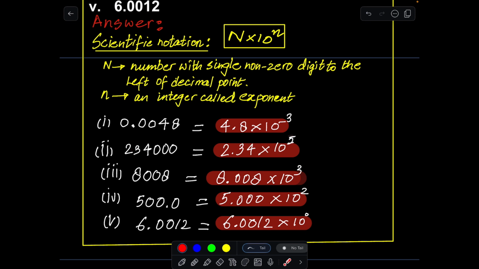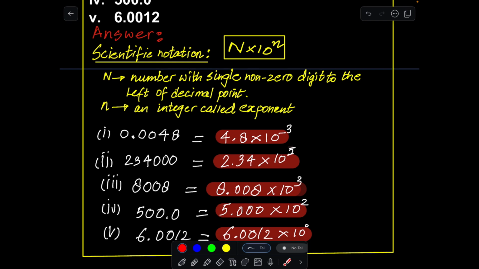Now, next one. In the next one, we are again not having a decimal. So, the decimal is in the end. We will be shifting to the left 3 places. Therefore, 10 raised to the power 3, and here n is 3. Why plus 3? Because we are shifting to the left. Okay. And the value will be 8.008 into 10 raised to the power 3. Next one is 500.0. Here we will be shifting the decimal again to the left, but here we will be shifting 2 places. So therefore n here is plus 2 and the value will be